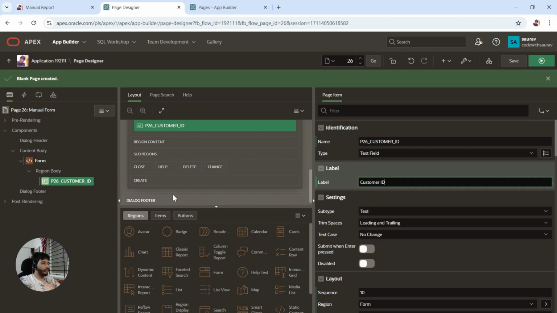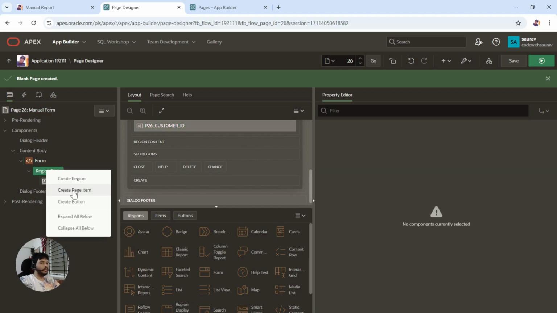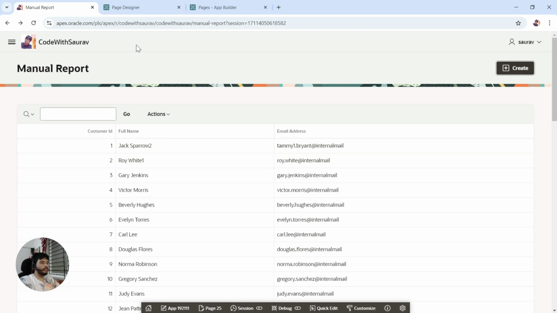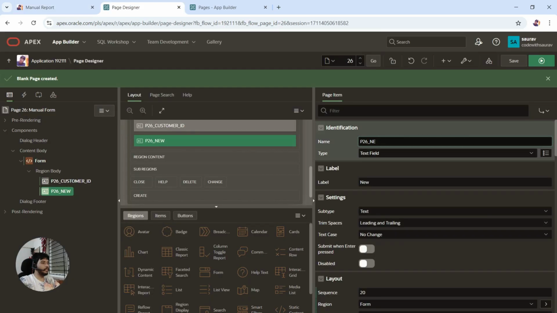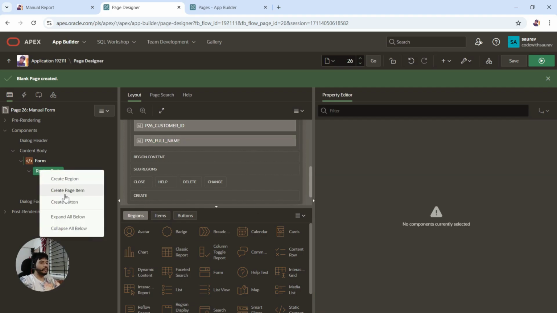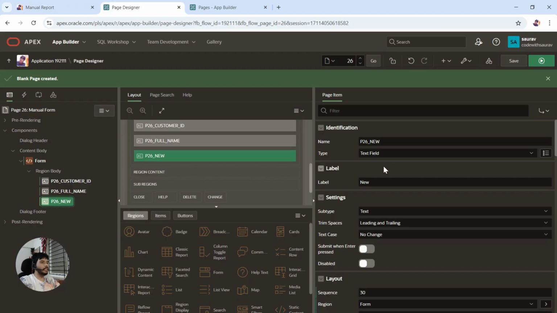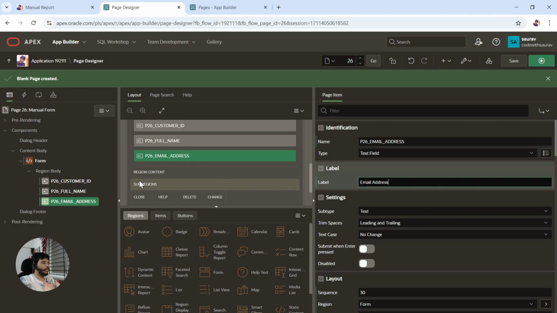Okay, and the second item is going to be customer name. What's the name of the column? Full name. I'll write the exact name, I'll say full name. Okay, and the third item is email address. I will write here email address. Fine. We have created three